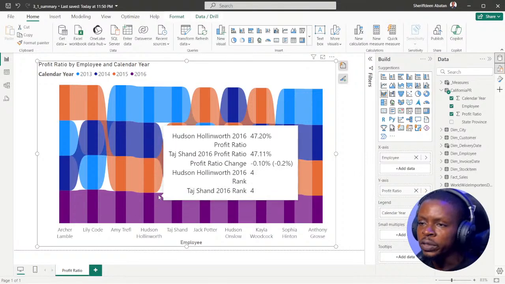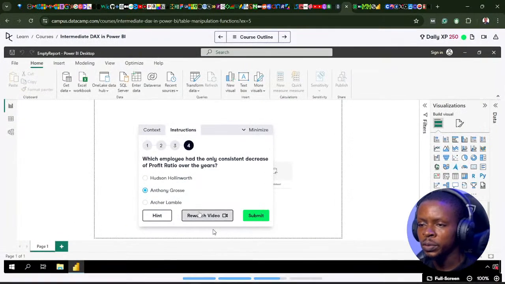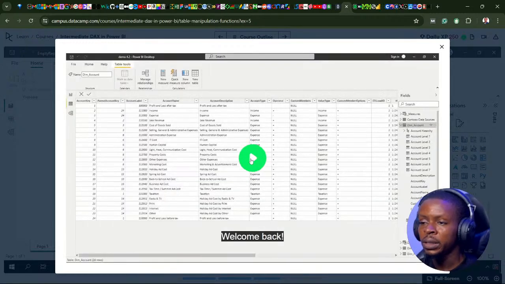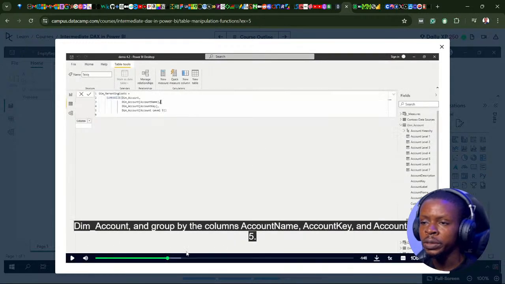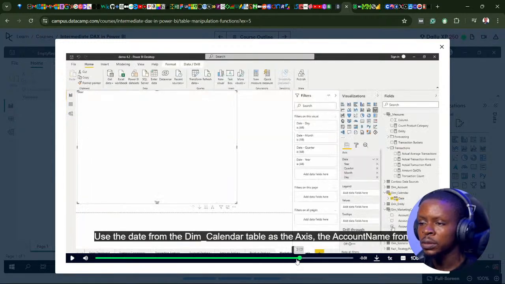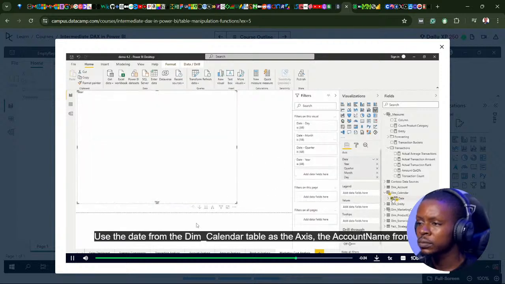Okay, so actually figuring out how to interpret this chart is kind of funny. But let us just watch the video one more time. Let me just see the way it was in the video real quick. Okay, we are here. Use the date from the dim calendar table as the axis, the account name from the